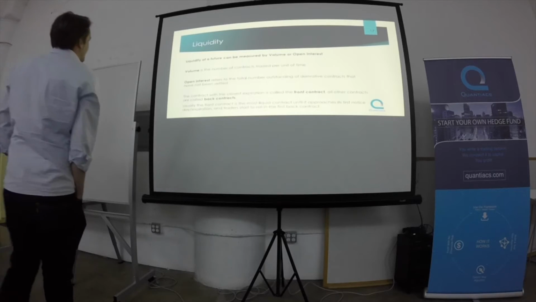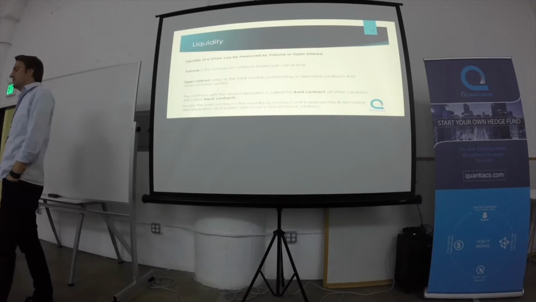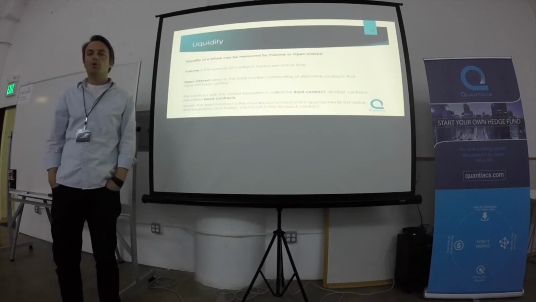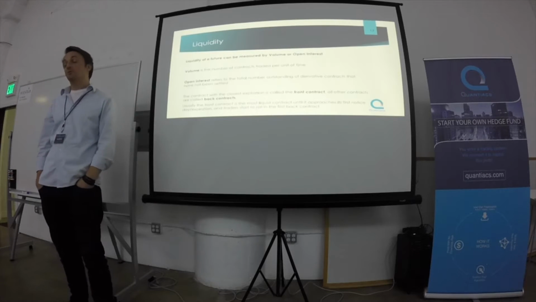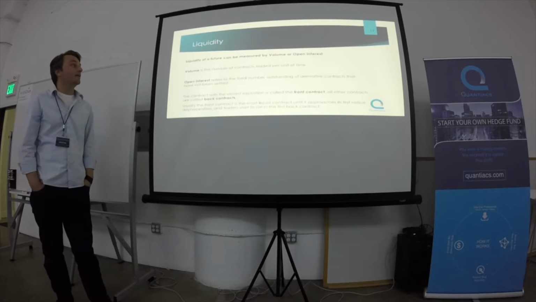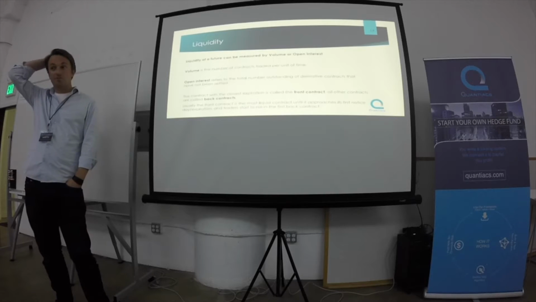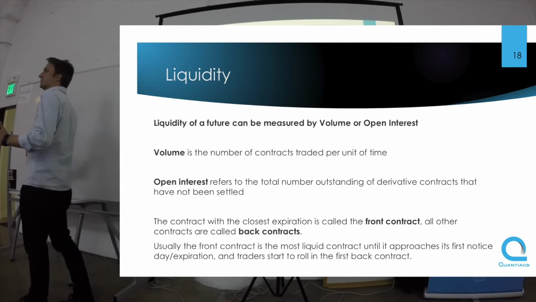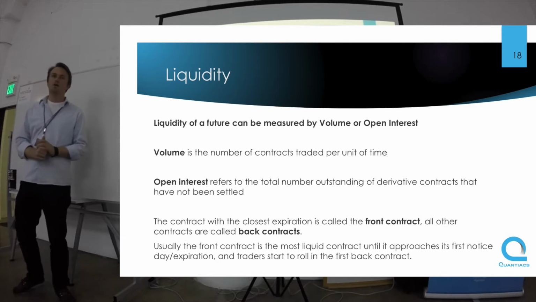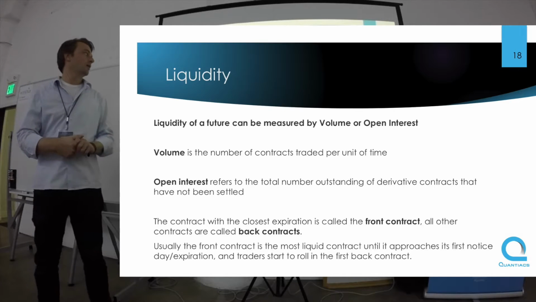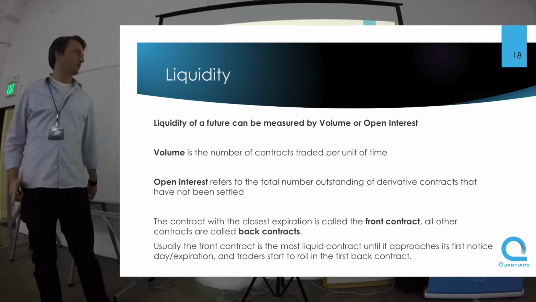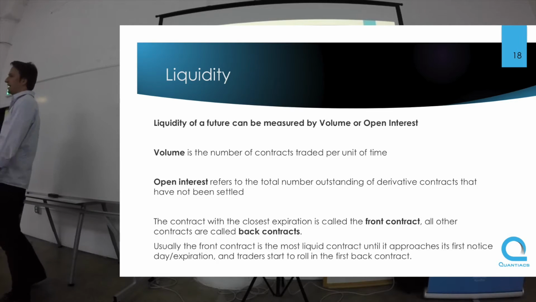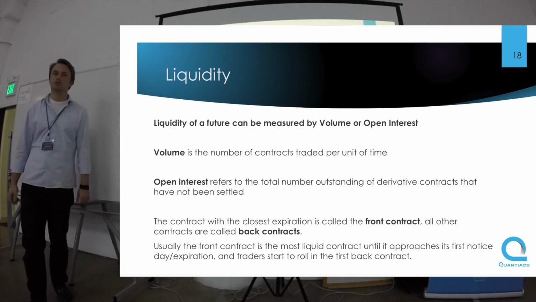Yeah, then the next very nice property of futures, I mentioned it already, is liquidity. So your orders are filled in no time, most of the time. And this liquidity of a future contract can be measured by 2 variables. The first variable is volume. We know that from stocks. This is just the same thing, so the number of traded contracts in a particular time. And the second thing, and this is a futures special, is the open interest. And the open interest refers to the total number of outstanding contracts, of unsettled futures contracts.